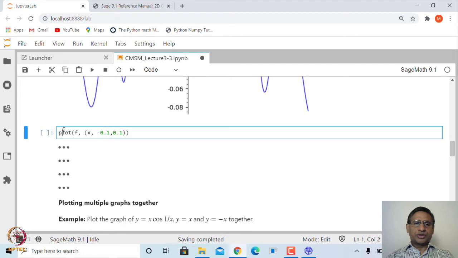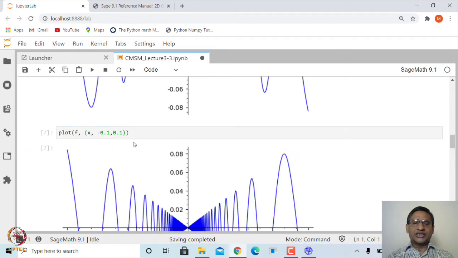You can also plot the graph of the same function using the plot function, and inside that you give the name of the function and then give the domain inside round brackets, so x varying from -0.1 to 0.1. So, that is another way of plotting a graph.